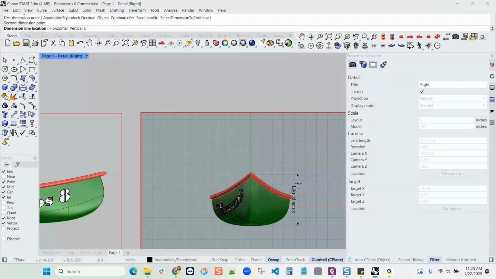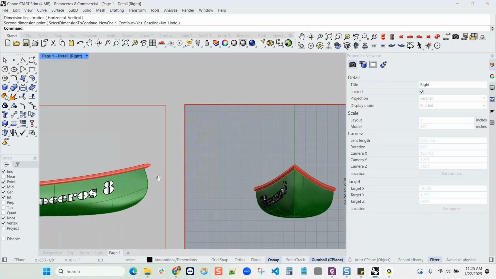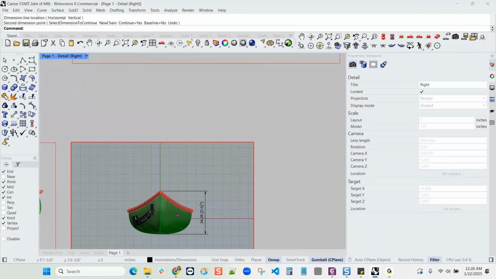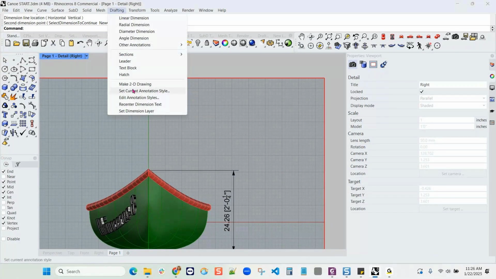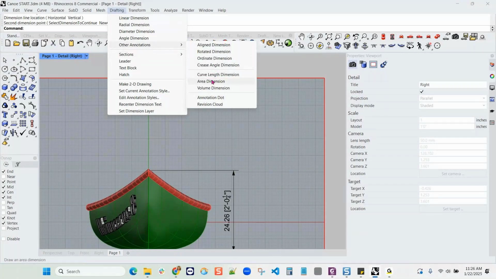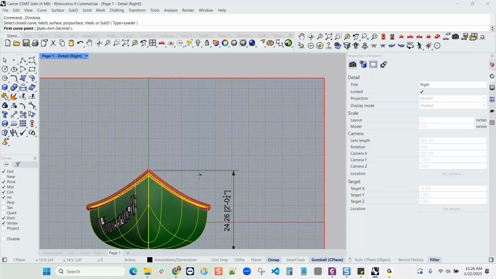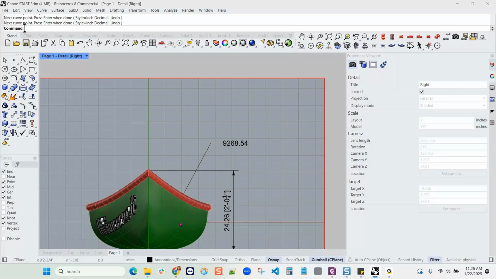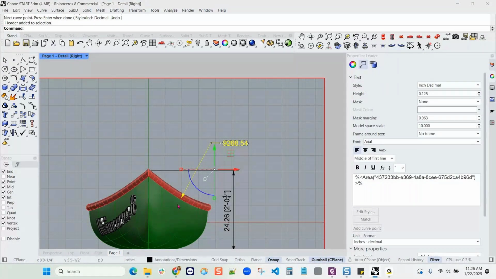There is a volume dimension. If you wanted to dimension something with area or volume, you can also do that under drafting. And let's say other annotations, we pick area, and I'll pick on this surface. This would be helpful for figuring out how much paint or how much plastic would be required, fiberglass. I'll pick this point, and it's hard to see in the 3D model, so this might be a